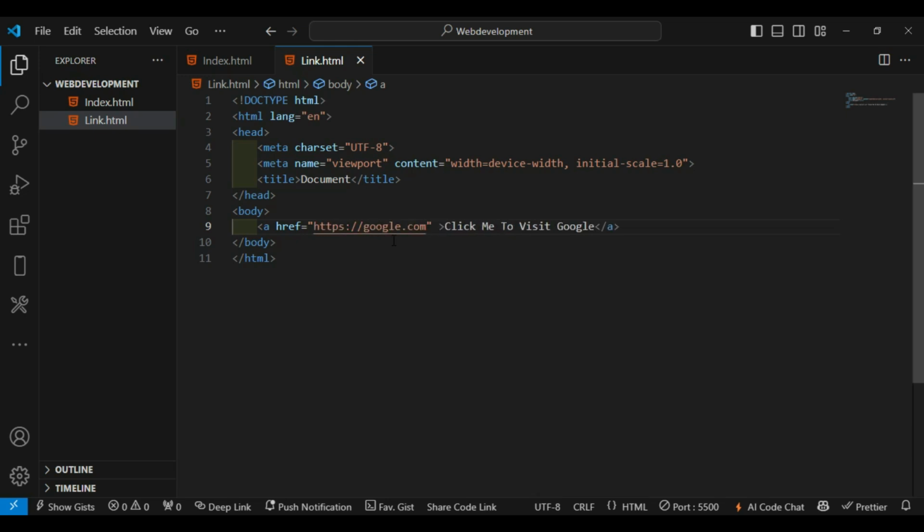Now this is how it works. To do that, you just say the target attribute. Then you have blank, right? Now I want the target to be